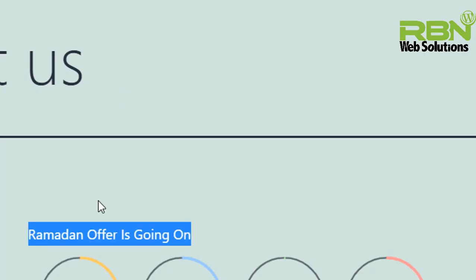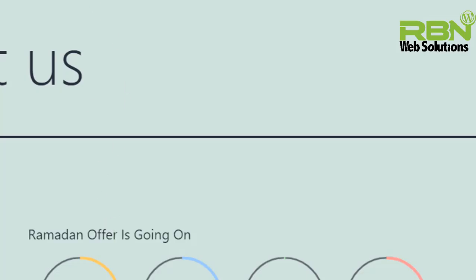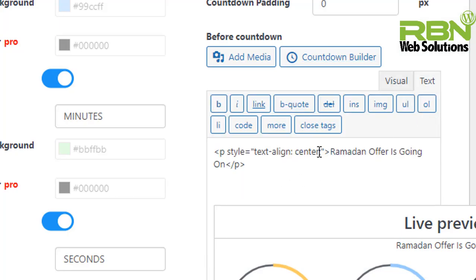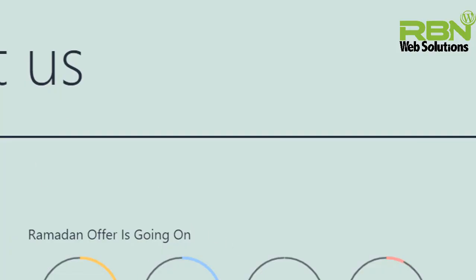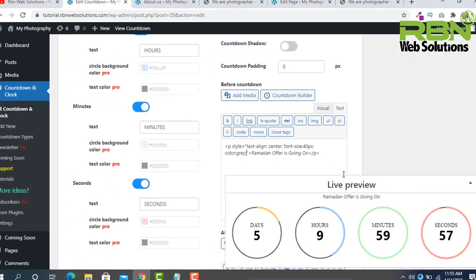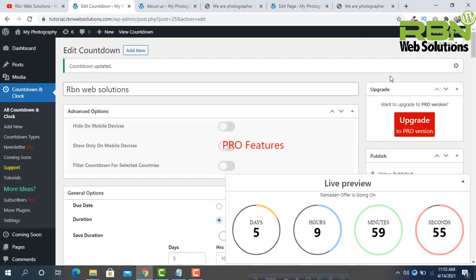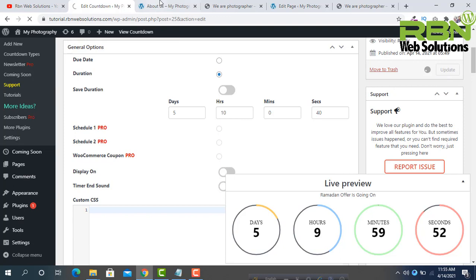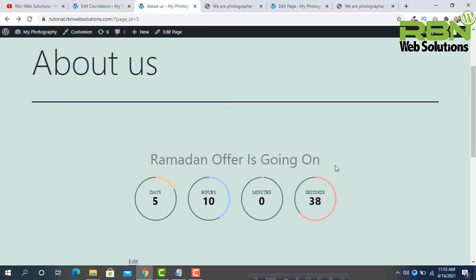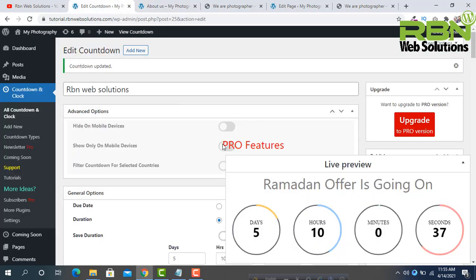The alignment is currently on the left, we want it in the center, so align it to center. And then you can increase the text size. Suppose font size 40 pixels and the color is gray. Then update and reload the site, and you will see the changes.